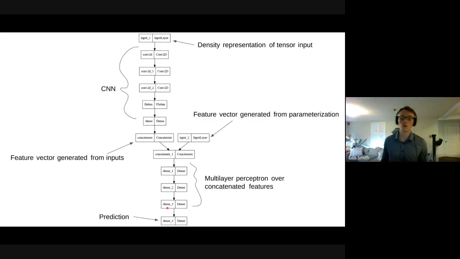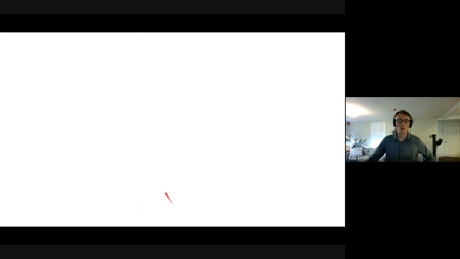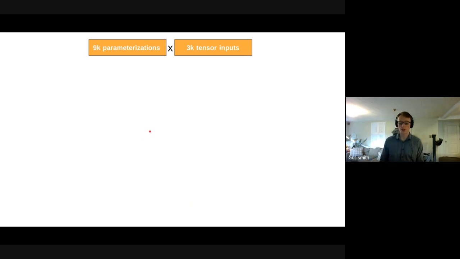Here we have experimented with a few different things that we could be predicting and a few different loss functions, but right now we're just predicting essentially the runtime of the kernel. And so now let's take a look at how this model is actually trained, the training flow of the model.